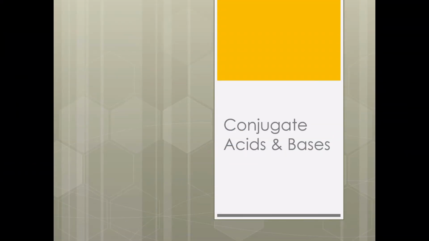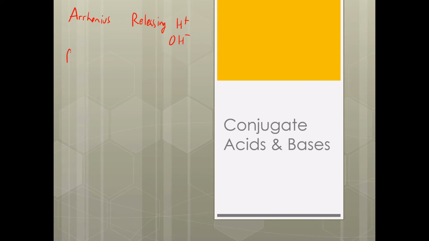This is Mr. Arocena, and on today's video, we're going to be talking about conjugate acids and bases. In the last video in this series, we discussed Bronsted-Lowry acids and bases, and the one before that, we discussed Arrhenius acids and bases. As a quick recap, we'll just call those Arrhenius. The Arrhenius acids and bases were defined by releasing hydrogen ions for an acid and releasing hydroxide ions